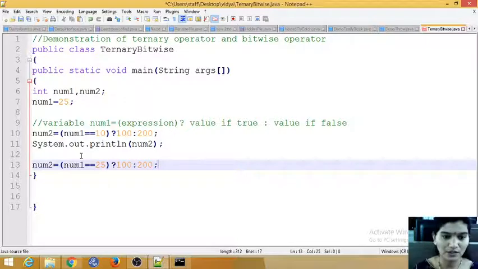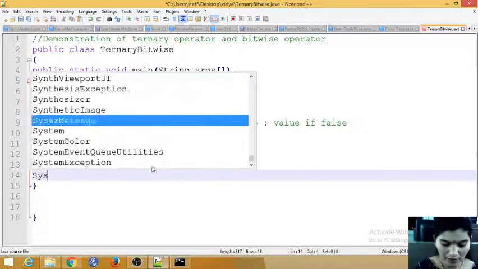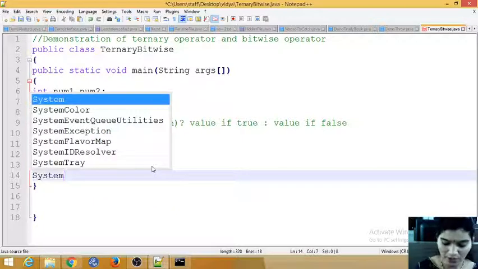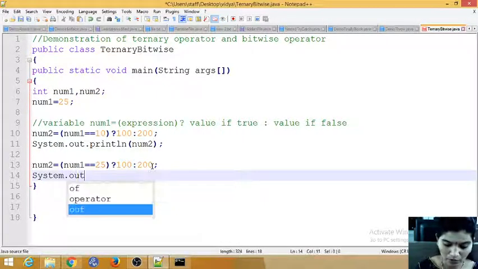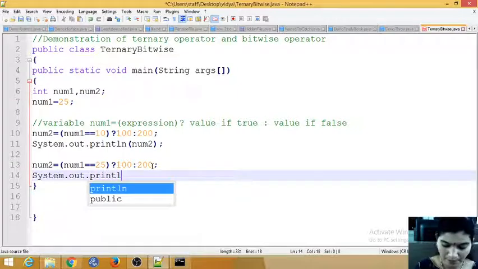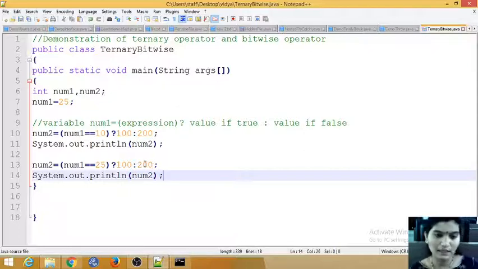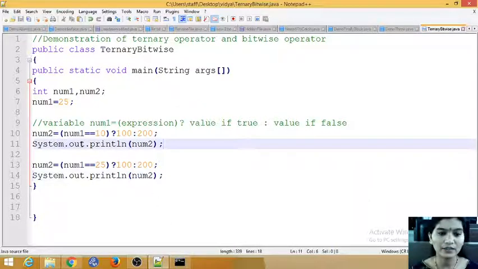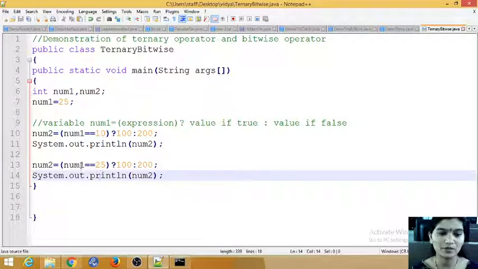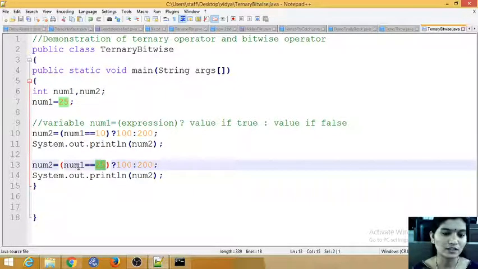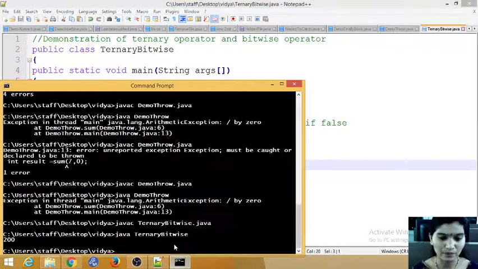Now the condition should be true, so you return the true value. System.out.println, print the number 2 value. Now we'll execute and see. I need to get 100 here, because number 1 is initialized with 25 and I am checking that condition. 25 is equal to 25, yes, so I get 100 as the value.